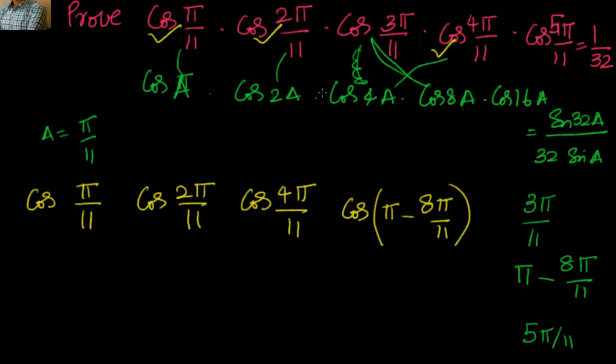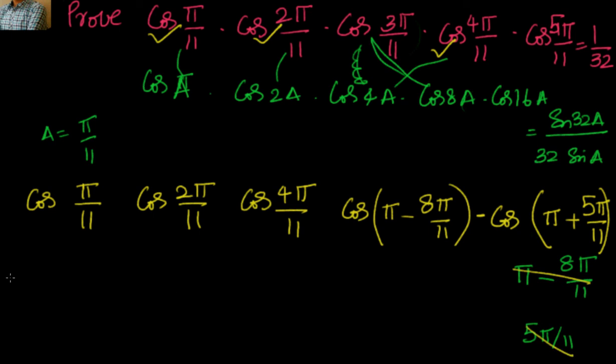And I have to multiply with one more. So I will write it as cos 5 pi by 11. I want 16, so I'll make it 16 by saying pi plus 5 pi by 11. What I have done, I have made it as pi plus 5 pi by 11. I will get a minus here because cos of pi plus theta is minus cos theta. If you do again minus, then you will get cos 5 pi by 11.